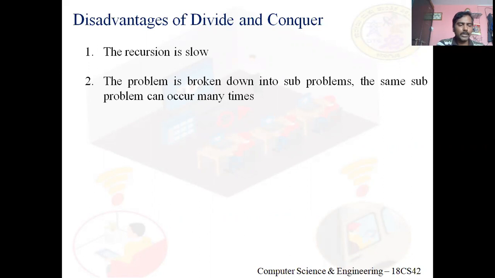One is that it is slower, because divide and conquer strategy is designed as a recursive algorithm. When I call a recursive algorithm, there is a role of the stack. Data need to be pushed into the stack and popped from the stack. So recursion is slow. The second disadvantage is that I divide a problem into sub-problems, and sub-problems might be repeated. Without knowing that, those sub-problems might be solved individually. The same sub-problem will be solved again and again. It's a waste of time. Clear?